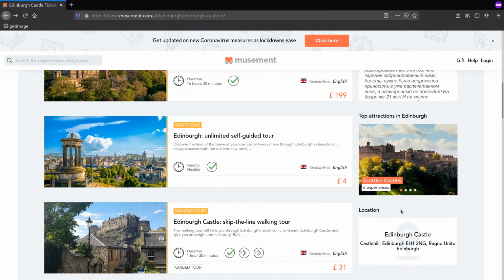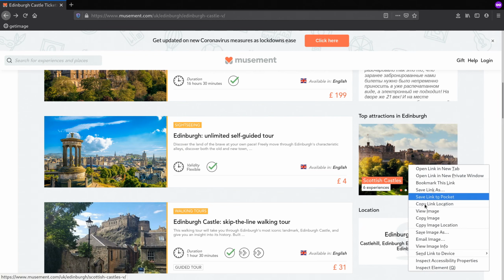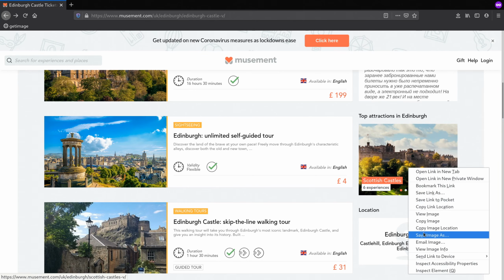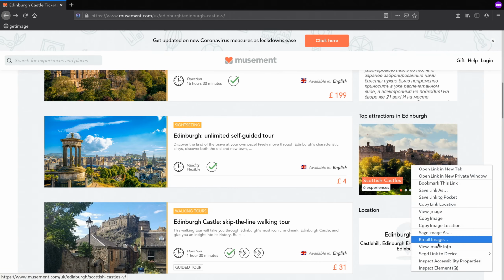Recently, a lot of websites are preventing users from downloading images. So if I right-click this image, you can see there's a view image option. But on a lot of websites, they'll use JavaScript or something to prevent users from doing that. So pretending that the view image option isn't here, a common solution is to right-click the image and go to